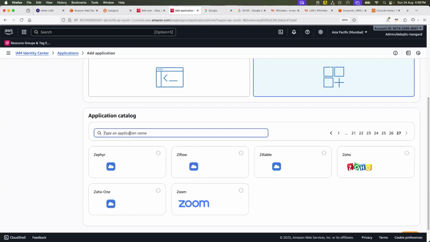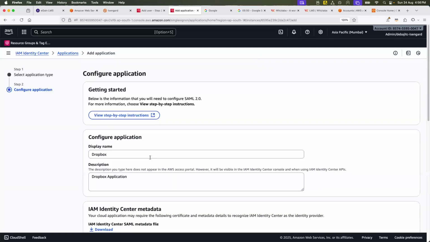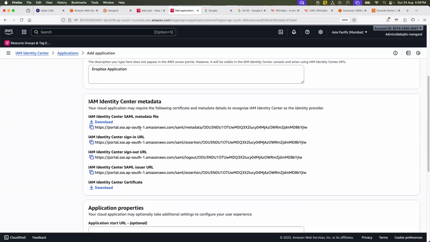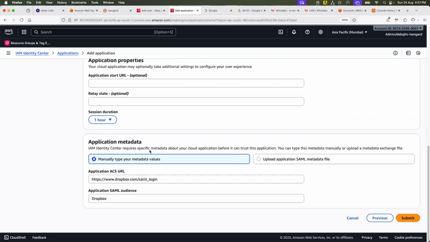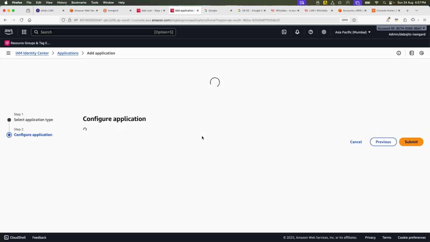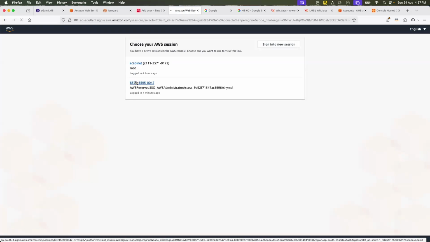But anyway, if I go for Dropbox and go to next, all you need to do is set up these options at the Dropbox level. This is the information you need to fill in at Dropbox, so that this two-way authentication can be done. Again, these are little development-related functions, but I just wanted to show you how exactly it works. And if I just submit, okay, let me log in also.